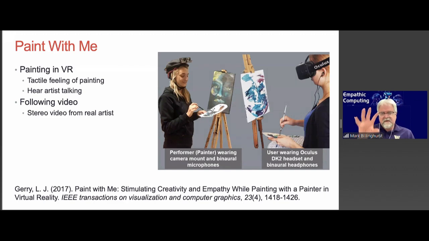And in this case, they recorded a stereo video of an artist painting on the left-hand side, and then the video is played back later on the right-hand side to a person in a VR headset with a set of paints as well. And so the person who was viewing the video really got to understand the feeling of the artist. So the artist would start painting and then describe what she's doing while she's painting and why she picked certain colors and what brush strokes she's making.